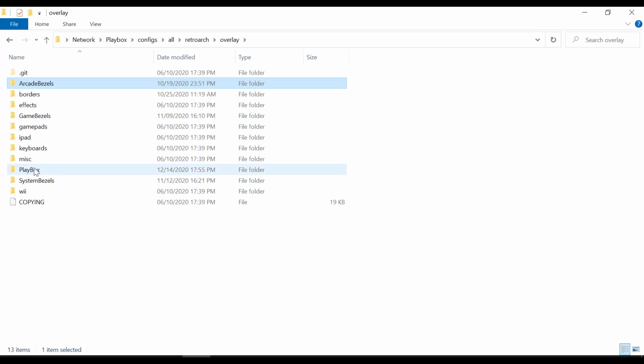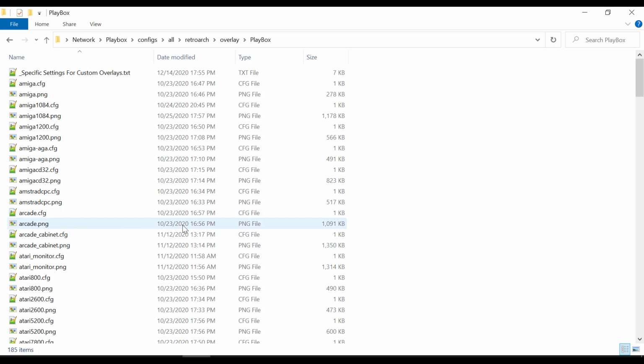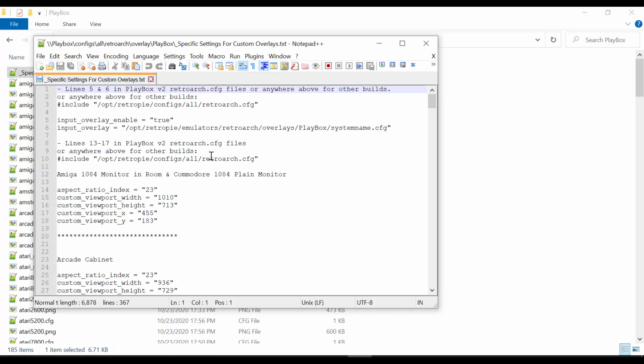So now you can see this is the folder PlayBox that is under the overlays, and this is my new custom overlays that I created just for PlayBox version 2. You can see it's 185 files minus the one that is a txt file, and if you open it, this file is updated just recently from the PlayBox setup. It has all the information you need to know, and I'm going to explain now to you, and it has all the specific settings you need to add for a very particular